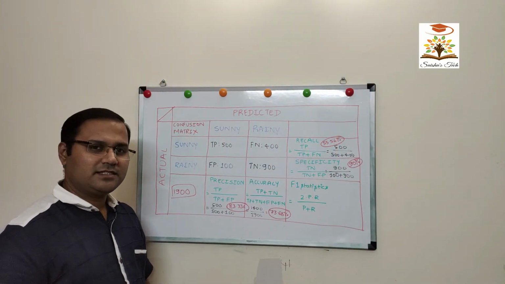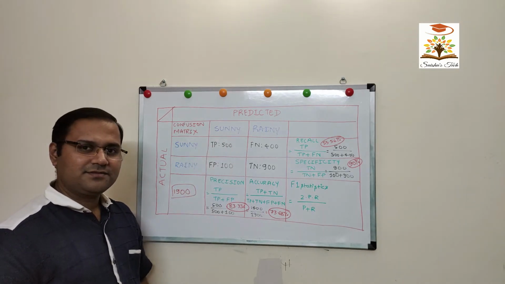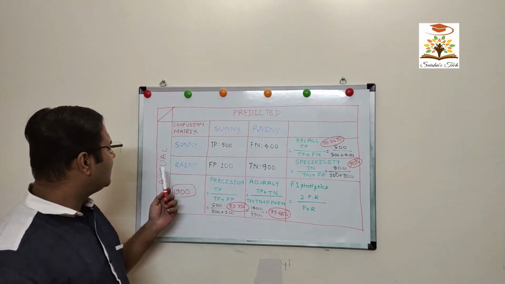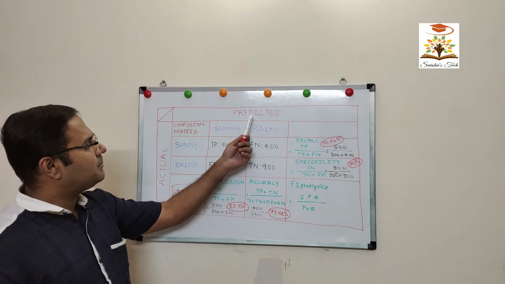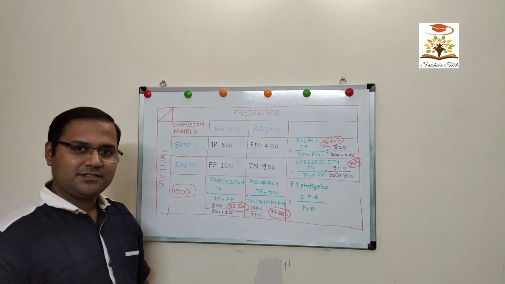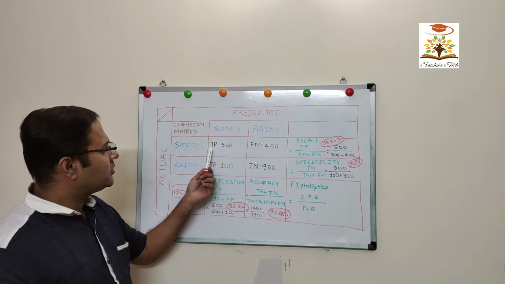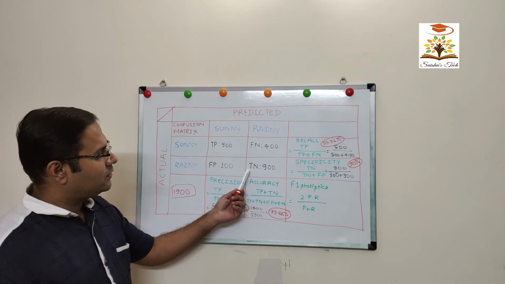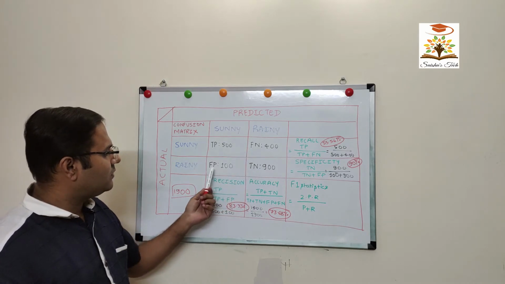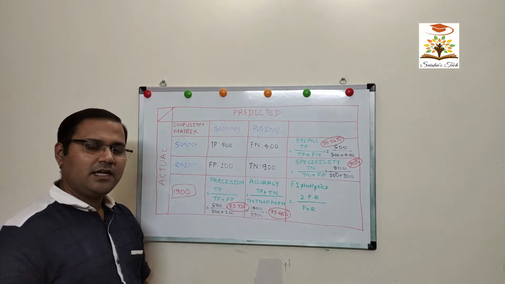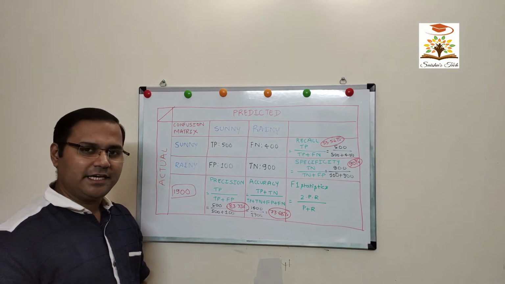For implementation of an example, we have considered a prediction of sunny and rainy days. The rows represent the actual sunny and rainy days and the columns represent the predicted sunny and rainy days. We have 500 cases of true positive, 900 cases of true negative, 400 cases of false negative and 100 cases of false positive. In total, we have roughly 1900 cases of sunny and rainy days.